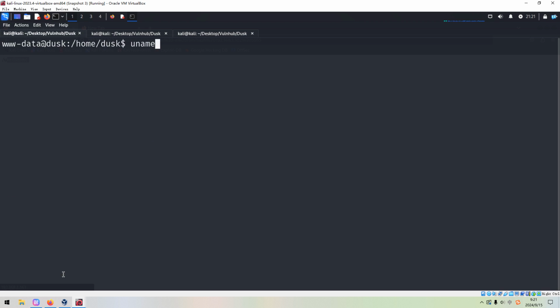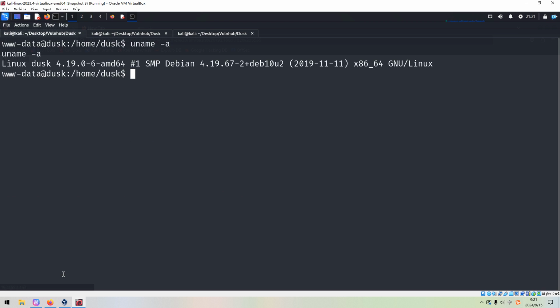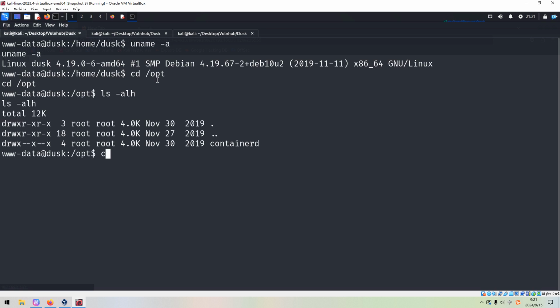And next we can check the kernel. This kernel 4.19 is a bit difficult to exploit at the kernel level. So I think we need to find something else, and we need to navigate across some locations.